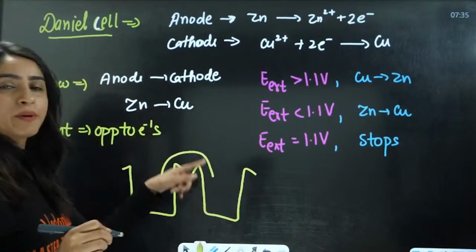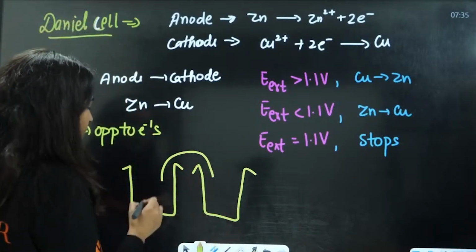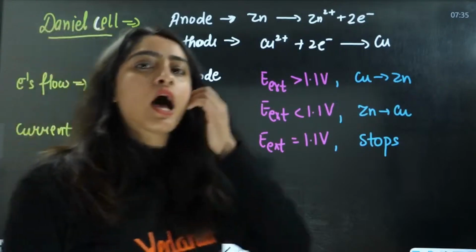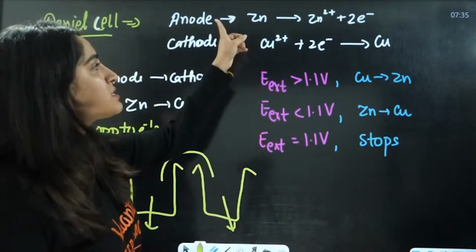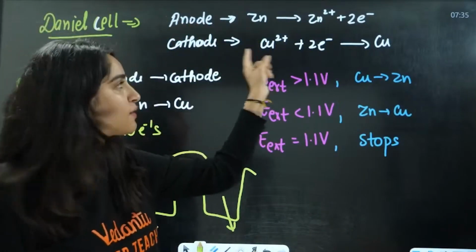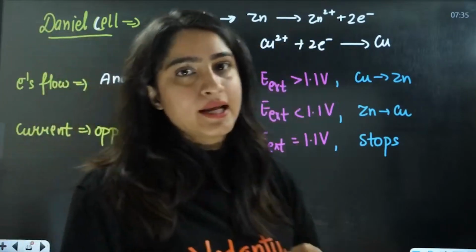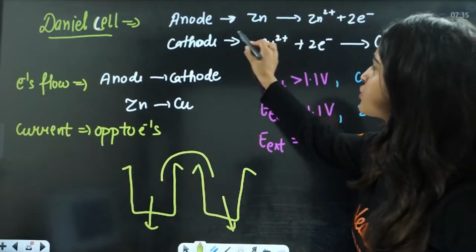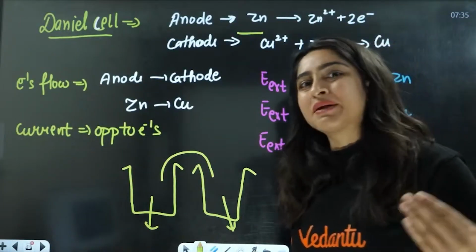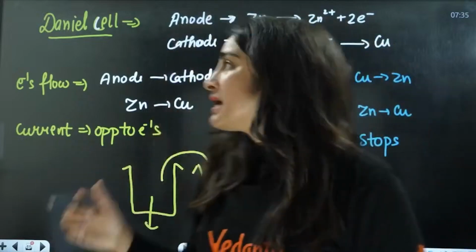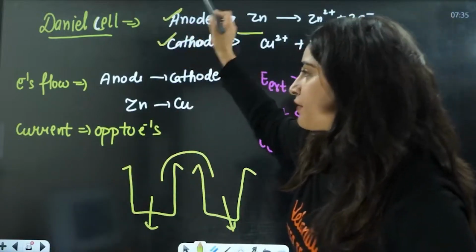There will be a salt bridge here. This is oxidation half cell, this is reduction half cell. In oxidation half cell, we have taken zinc here. Zinc is going to lose electron at anode, and at cathode, that is reduction half cell, copper is going to gain the electron. So the zinc electrode is going to be thin with time, and the copper electrode is going to be thick with time, right? Okay, we have done this.